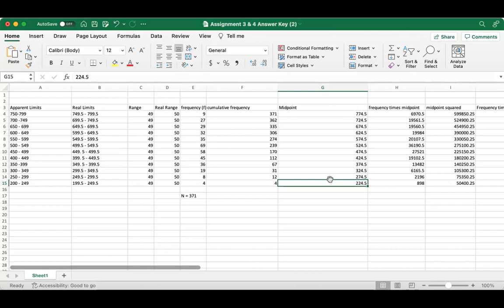So this would be 6. Yeah, I think the one below is wrong. Wait, we're adding 25, not 50, right? We're adding 25. Yeah, 424.5. Oh, yeah, I skipped one. You're right. Yeah. 474.5,